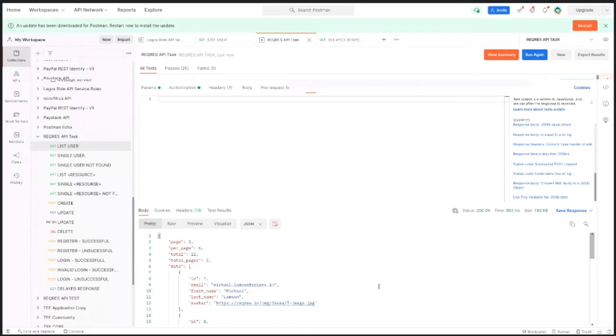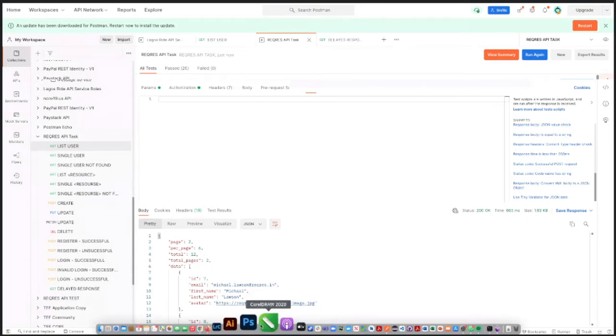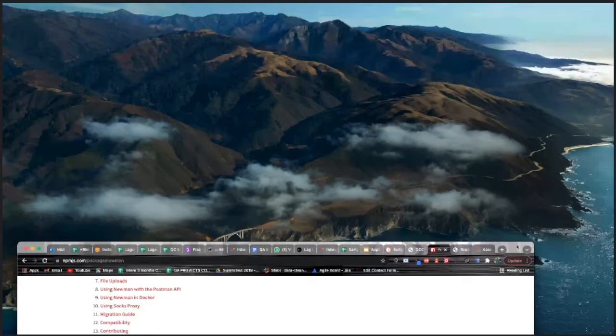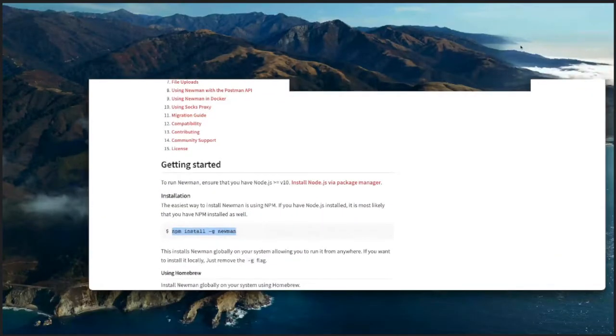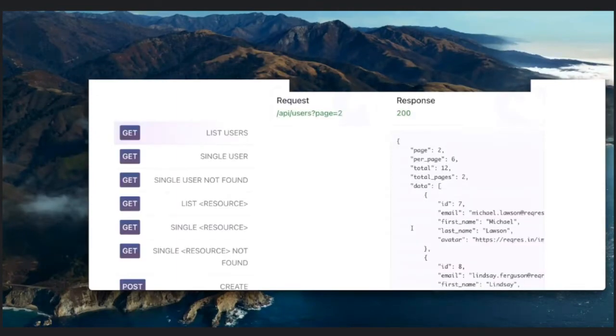And you check your documentation. Everything matches as expected: page 2, Michael, everything, ID. Then you need to, okay,